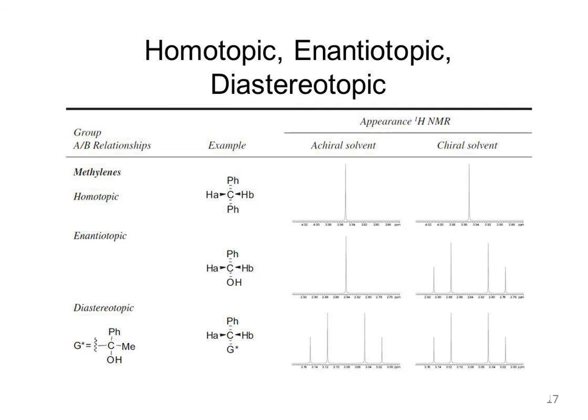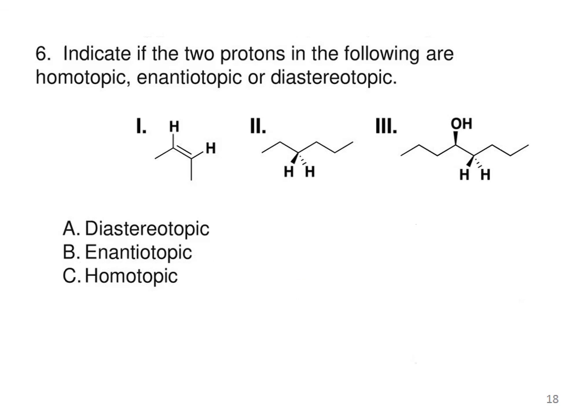Furthermore, these are the NMR signals. Here you can see homotopic, enantiotopic, and diastereotopic methylene protons. You are getting different peaks in chiral solvent and achiral solvent. As I have shown you, different solvents give different peaks due to their interaction with the compounds present in the molecule. These are some examples.